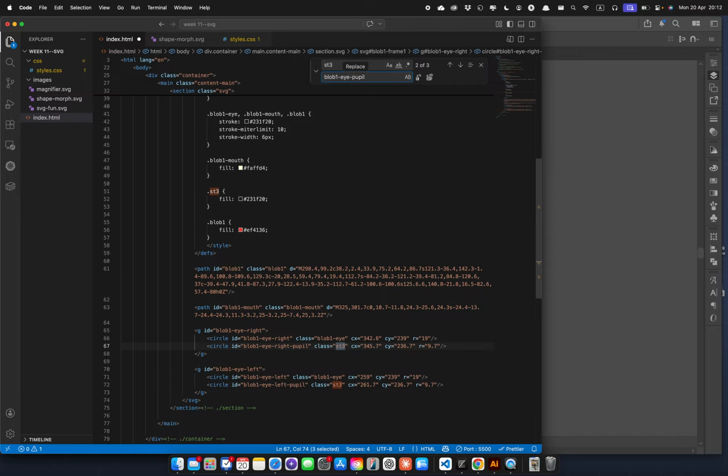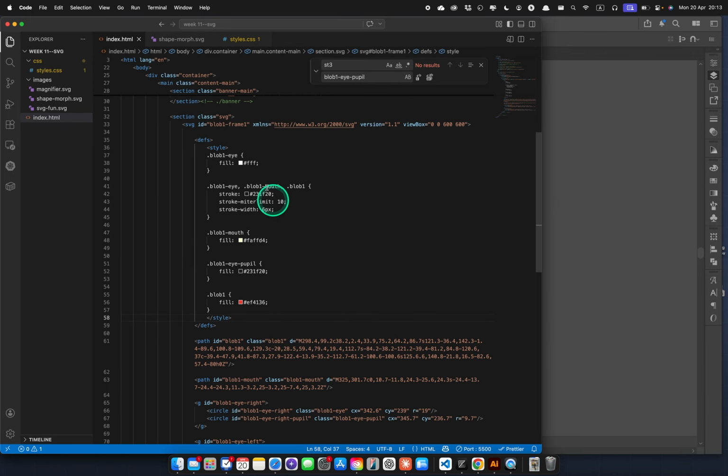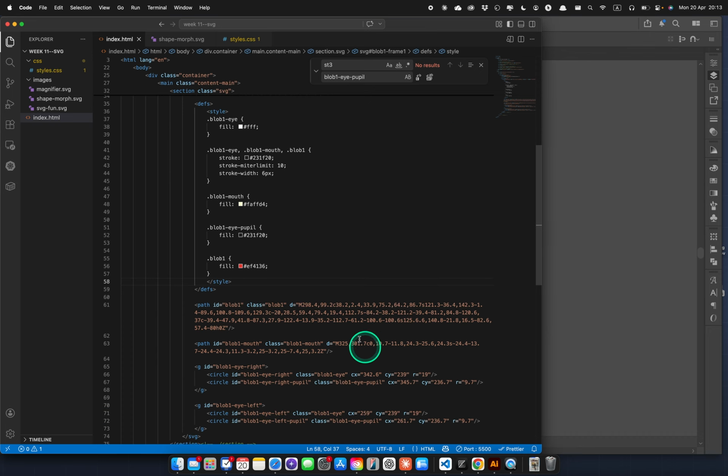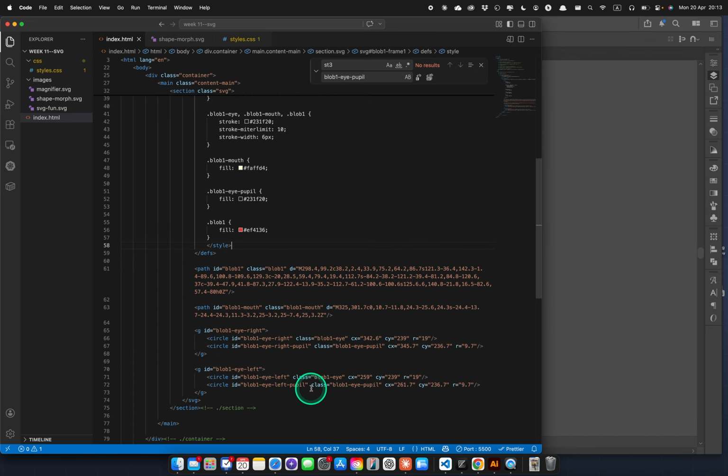Let's call that one blob1 eye pupil. That's pretty clear what that class is for there. And again, Command S to save. Okay, so we get a bunch of class names here in our style element, and they're applied to the actual